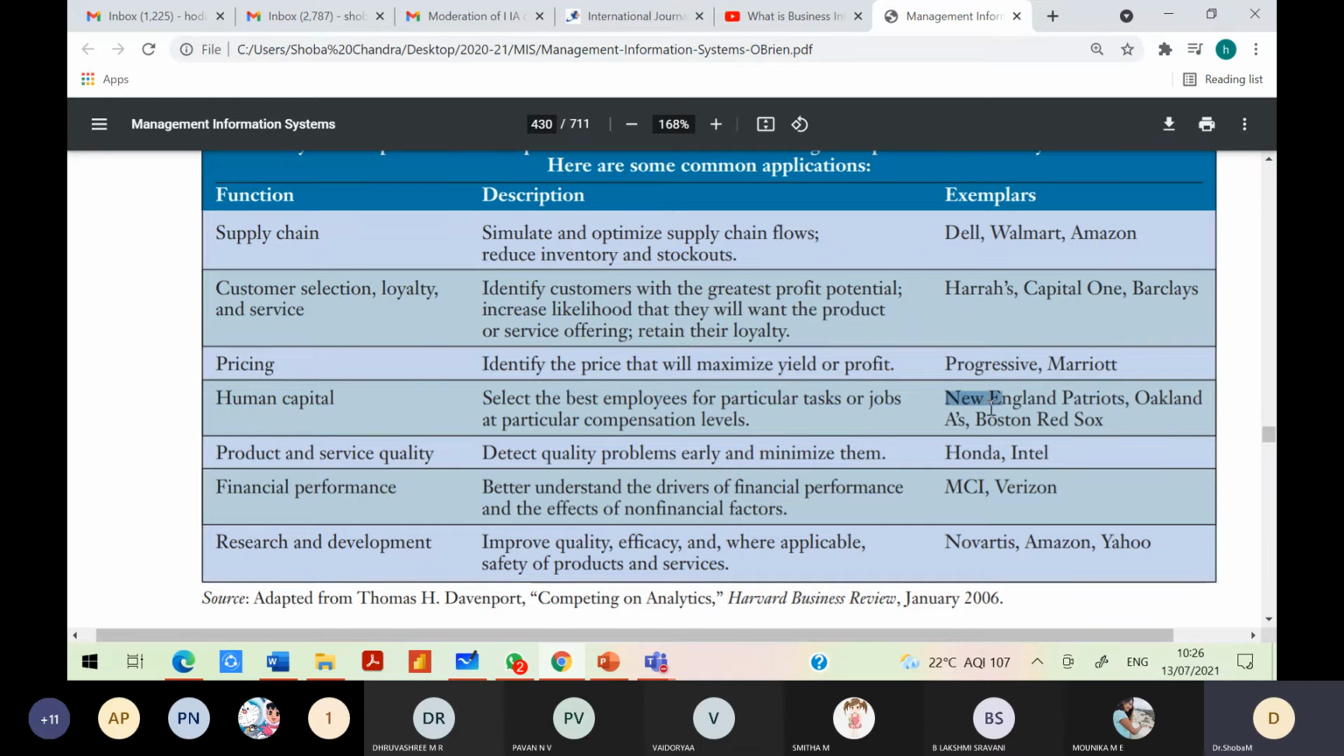And you can see here New England Patriots, Oakland, Boston Red Sox, and we are not so familiar with these examples, because almost all the examples are taken from Western countries, right? So next is product and service quality. Detect quality problems early and minimize them. Okay, so that is the reason